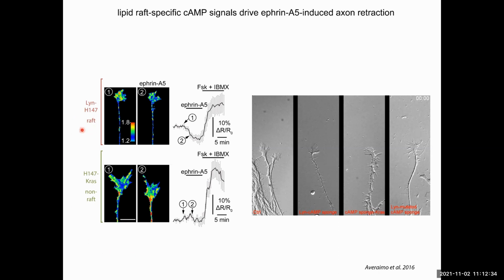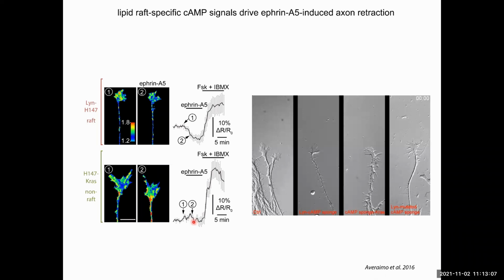So one of them being the lipid rafts. Lipid rafts are compartments of the plasma membrane. They are enriched in sphingolipids and cholesterol. And using genetically encoded biosensors, we're able to detect the signals located in lipid rafts or the signals located outside lipid rafts. In lipid rafts, we found that ephrin-A5 induced a decrease in cyclic AMP, whereas outside lipid rafts, we didn't